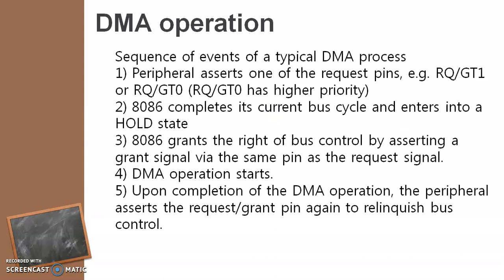Now we'll simply see what the basic operations of a DMA data transfer are. Whenever the device is ready to transfer the data, it asserts the signal. Now the processor, if it is in the middle of executing an instruction, will complete that instruction and enter the hold state by releasing the address and data bus. Then the DMAC becomes the owner of the address and data bus, and it will now transfer the data. After transferring the data, it will release the address and data bus to the processor.